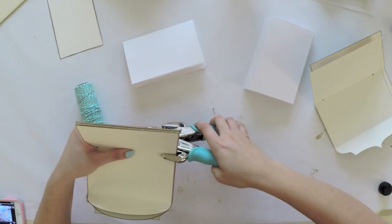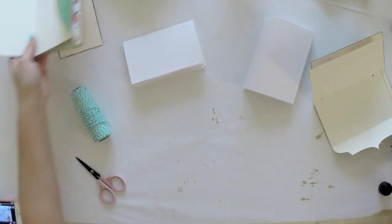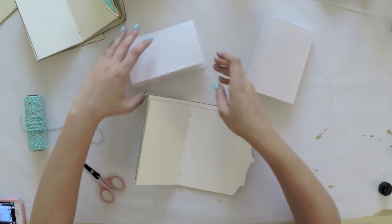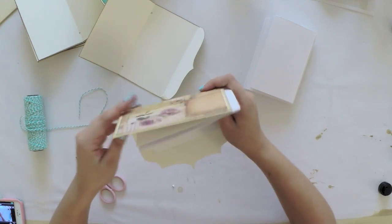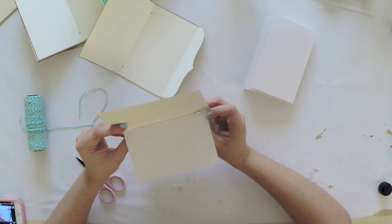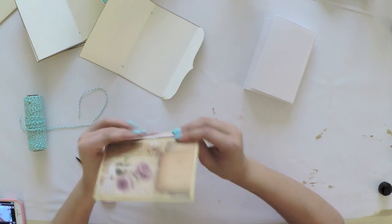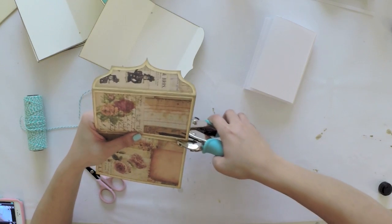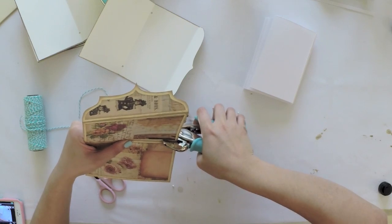All right, so I'm pushing my crocodile all the way in, so I know it's the same depth each time. And now I'm going to take some baker's twine. I'm just getting it ready. So now you're going to take your paper guts and stick them right on in there. And you're going to kind of line them up. Make sure you've got about the same amount of room on each side here. And then you're going to use those holes as your guide to punch your paper. So I'm flipping it over so I can see where the hole is. And that's my guide for punching the holes